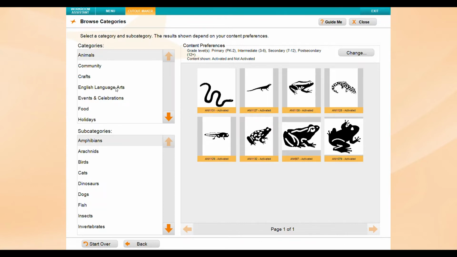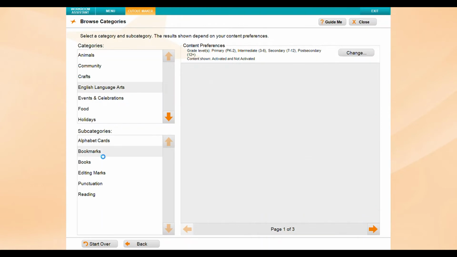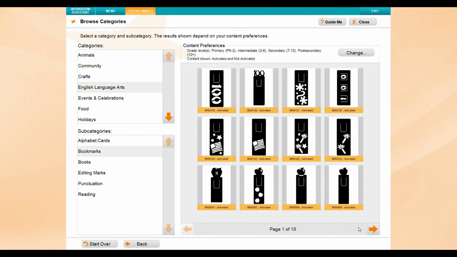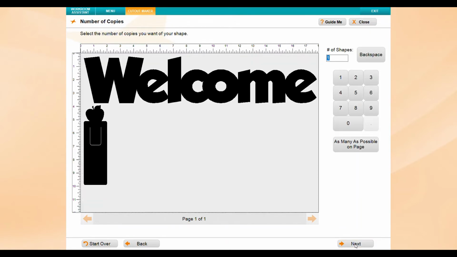In this case, I'm going to select the category of English Language Arts and the subcategory of bookmarks. It takes me to 10 pages of bookmarks that I can choose from. When you find the shape you want, just click on it, click OK, and it takes you back to where we were before, where I can now take my bookmark and select the size that I want. So I'm going to make my bookmark just a little bit bigger, proceed by clicking Next,